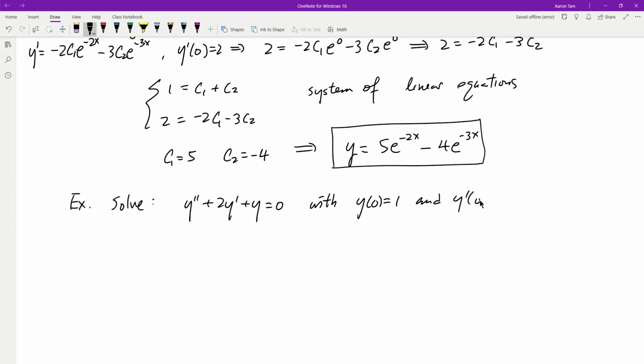All right, I'm going to post a second example for you to try out. So how about solving this one? Solve the equation y double prime plus 2y prime plus y equals 0, with y of 0 equals 1 and y prime of 0 equals 0. I'm going to let you solve this problem, and we'll go over it in tomorrow's video,